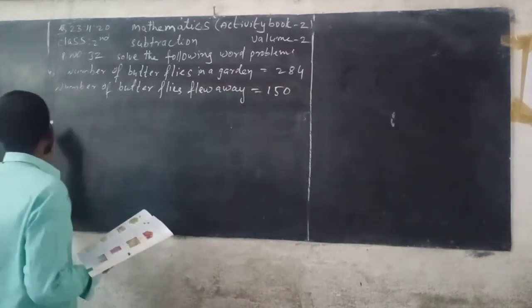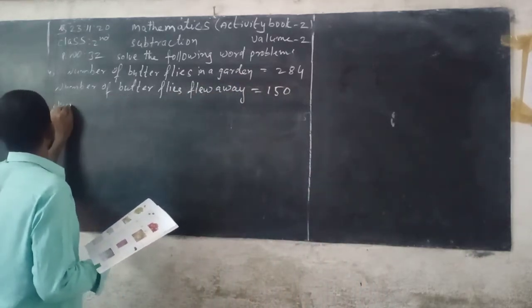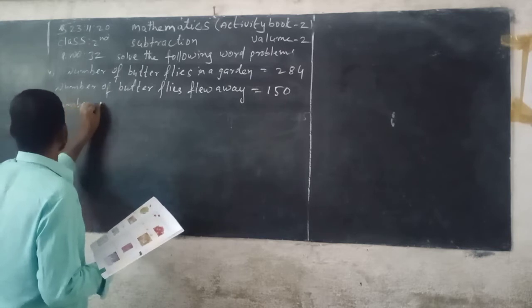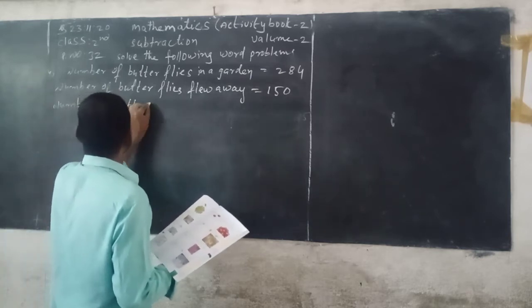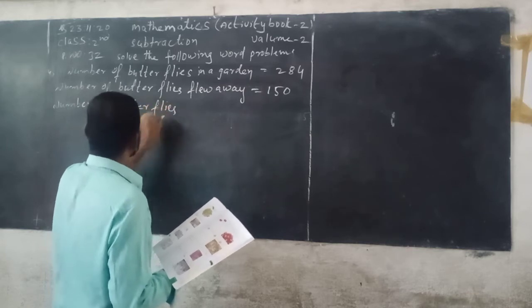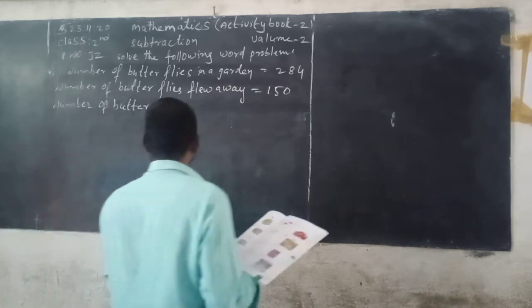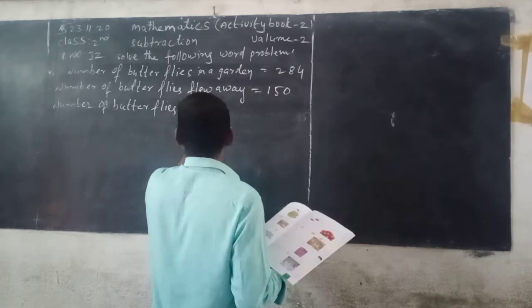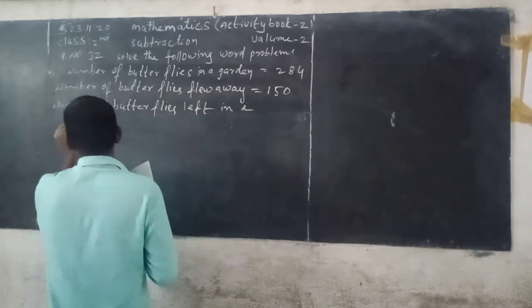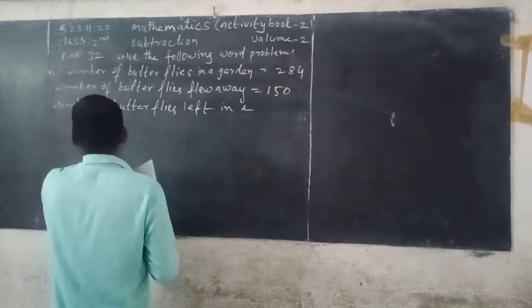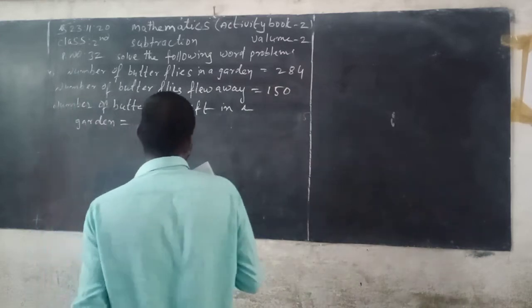Next, you can find out number of butterflies left in a garden is equals to